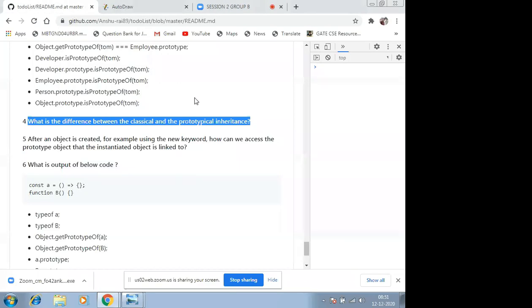In prototypical inheritance, if you want to access any function, we look it up first in the same prototype, or else we have to search every prototype in the higher levels. But in classical inheritance, we can get direct access, so it's fast compared to prototypical inheritance. Okay. That's a good point actually. Any more points? No, I don't know. Okay, guys. Thank you.